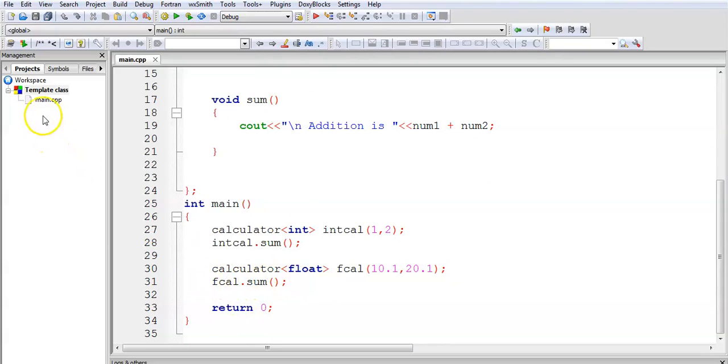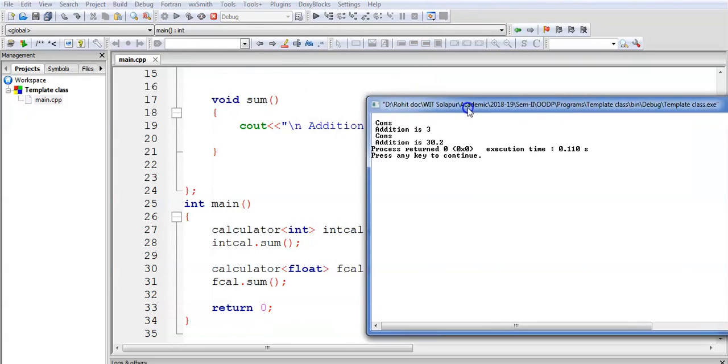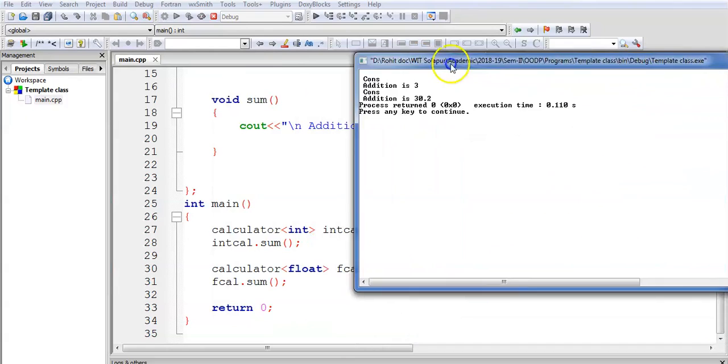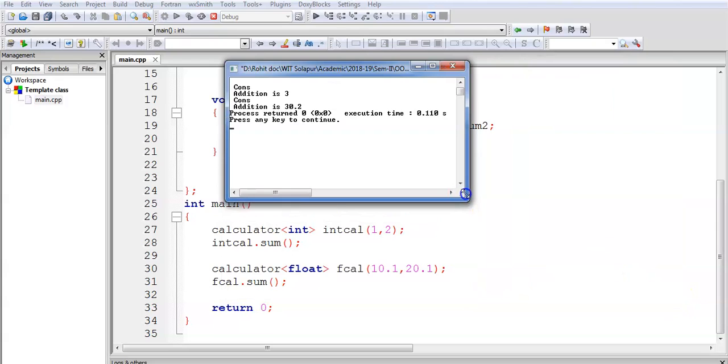Now let's build this file and then run. Now let's see. The constructor addition is 3, because we have passed two values, 1 and 2, so the addition becomes 3. It's an integer. And now 10.1 and 20.1 are float values, so the addition is 30.2.